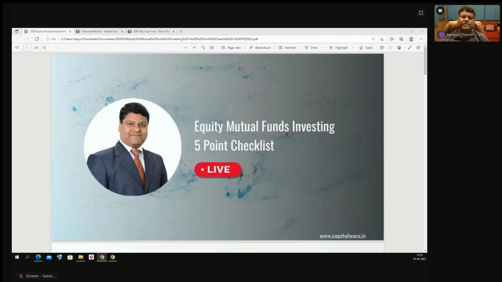And like ELSS is there, so you can plan your tax benefits. So there are a lot of benefits for the small investor who wants to have an exposure to the equity market. So that's the benefit of having a mutual fund. And as you know, the mutual fund industry has been growing by leaps and bounds in India. Even now the participation is very low compared to the entire market, but there is a lot more to come. So this is an industry that is growing, with a lot of people benefiting from it.